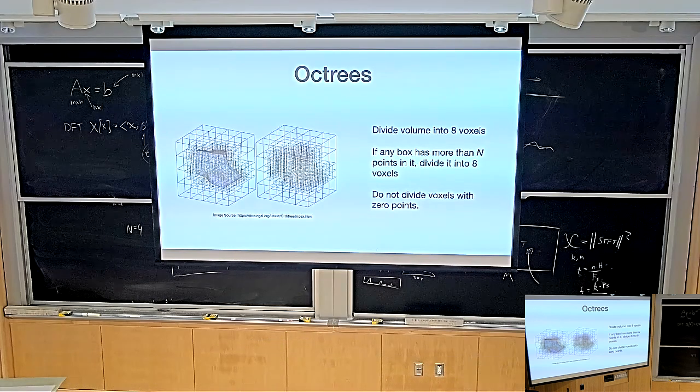Then what you would get is a thin shell of voxels. One way you might do it is you put your point cloud in a voxel grid, split it into 8 voxels, and for each voxel you ask how many points are in it. If there are fewer than n, then you stop. If there are more than n, you subdivide it, and you do that recursively until every voxel has only 1, for instance, and then you end up with this octree.